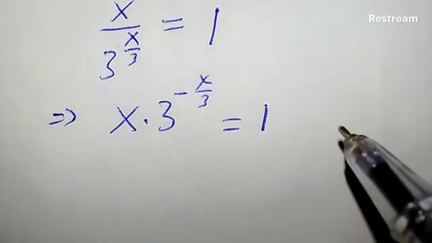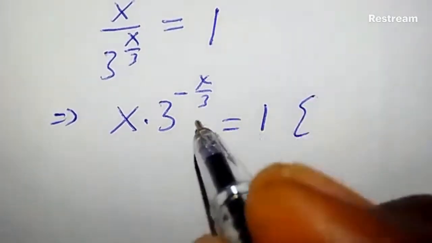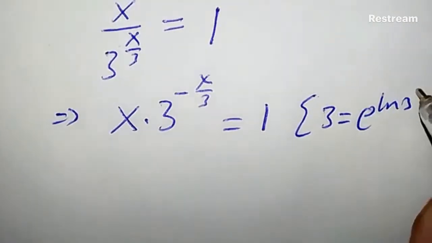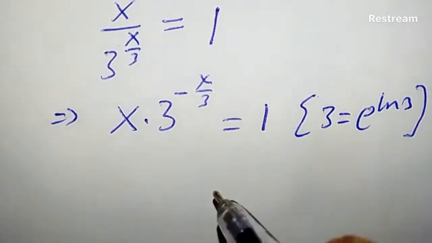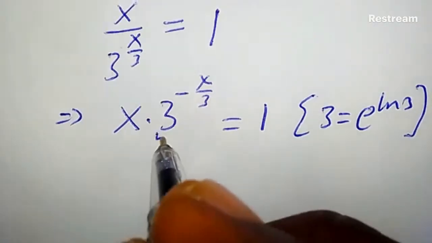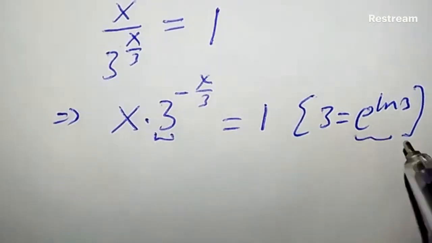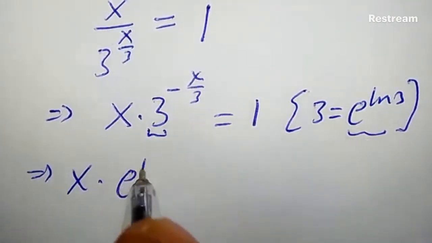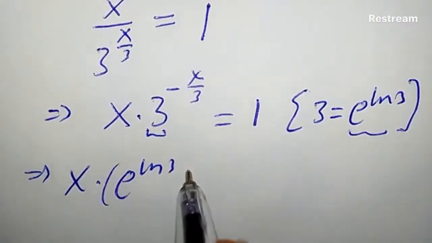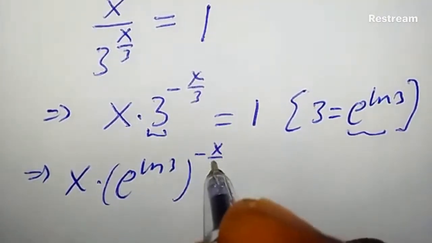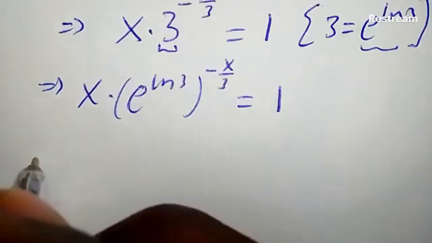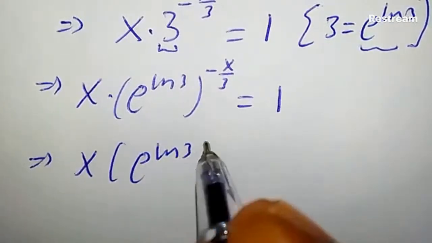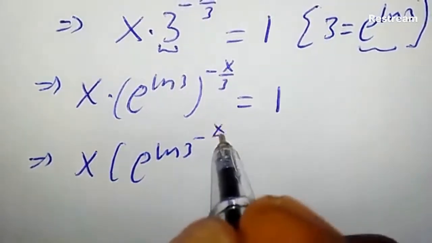Now, recall that we can rewrite 3 as e to the power of ln 3. You should remember this property. So in this case, we are going to replace this little 3 with this. This implies that x times e to the power of ln 3 times negative x over 3 is equal to 1. This implies that x times e to the power of ln 3 to the power of negative x over 3